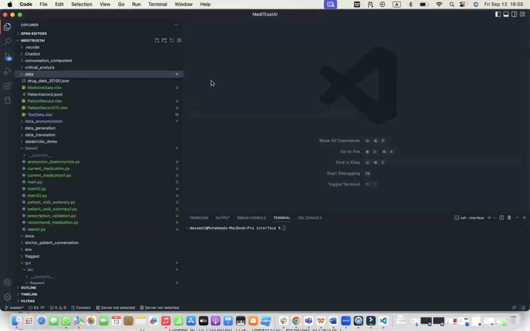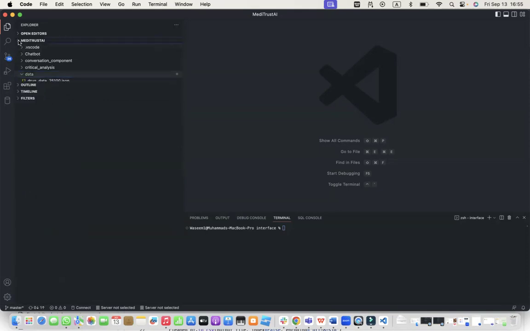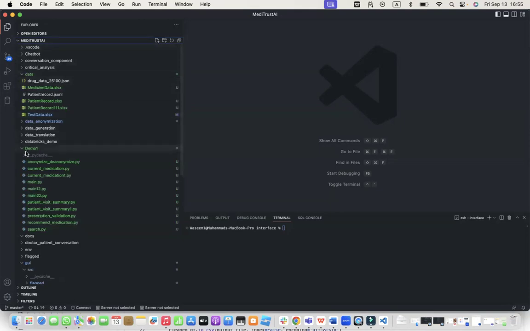Okay, let's first look at the development environment. Suppose this is our whole MediTrust AI folder, in which we divided each feature into different modules. This is our data module, where right now I'm using JSONL, JSON, and Excel files. Most of the data, this medicine data, we collected using Google Colab and the FDA, Federal Drug Authority's APIs. Nearly we collected